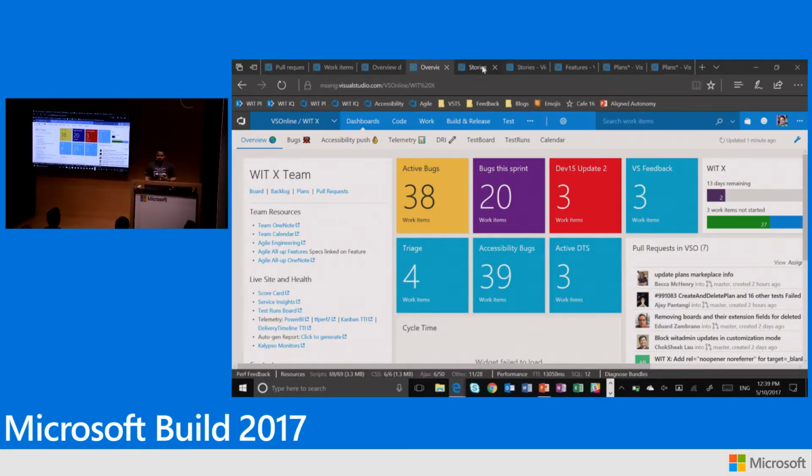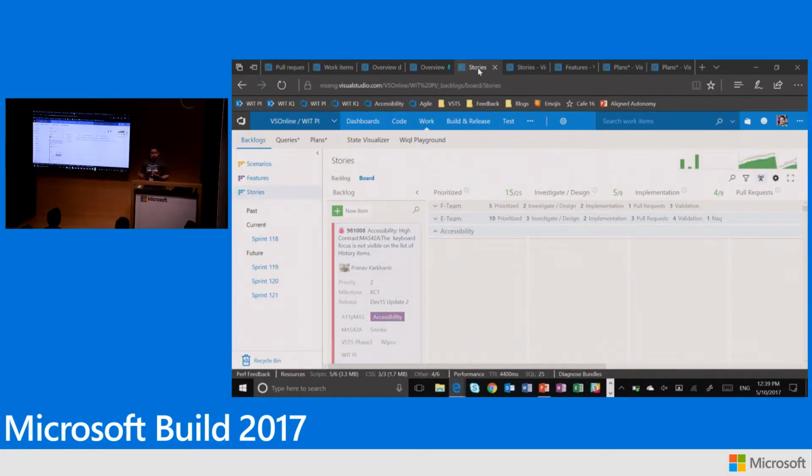Now, the other really cool aspect of our product is boards. Once again, my team, and this is just how we like to execute, we've broken down a team of 12 engineers into 2 sub-teams. We call them the F team and the E team. For intended purposes, F stands for features, E stands for engineering. I'm a fan of Game of Thrones. Our T-shirts have Game of Thrones. I like to think of the E team as the Night's Watch. They are guarding my feature engineers so they can focus on features.